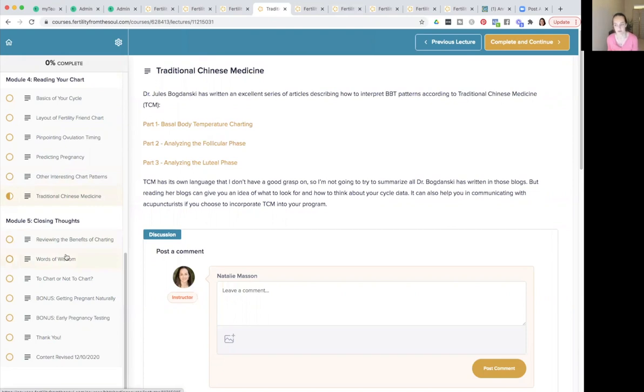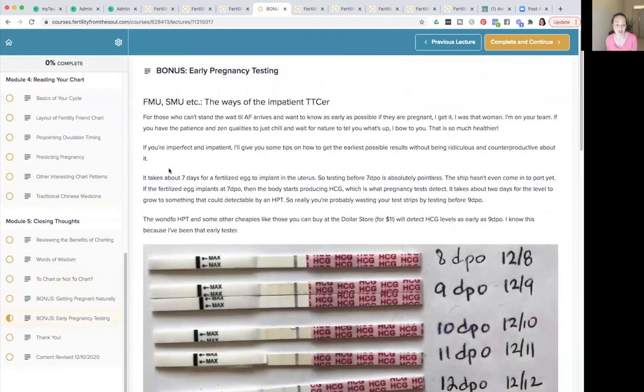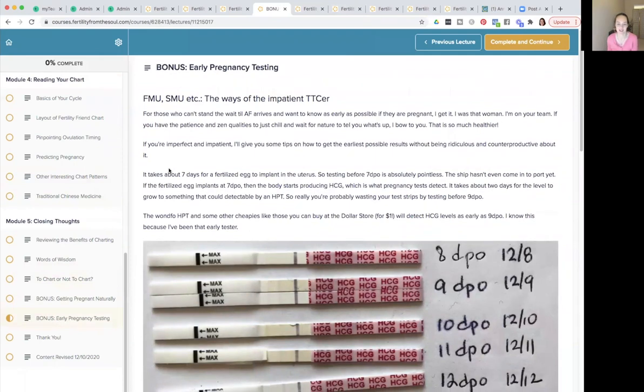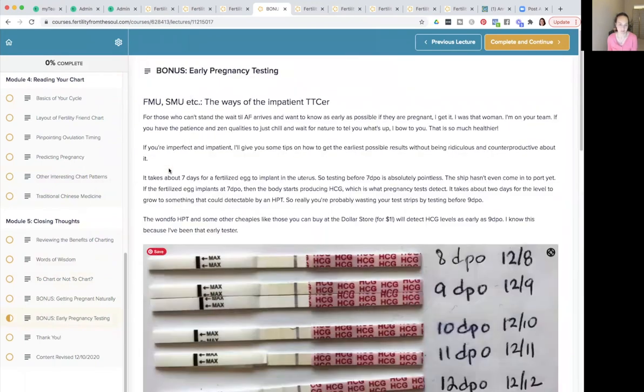And I break it down so that it's not overwhelming or intimidating. And you can use that if it feels helpful to you. And I talk about, once you've tried this, how you decide whether it's something you want to continue incorporating into your program or not. Maybe you'll find it's helpful, maybe not. I also have a bonus section here on early pregnancy testing. When is that helpful? When might it not be? It kind of depends on your personality, but I talk about how you can do that and things to watch out for, how to make it most likely that you can detect an early pregnancy